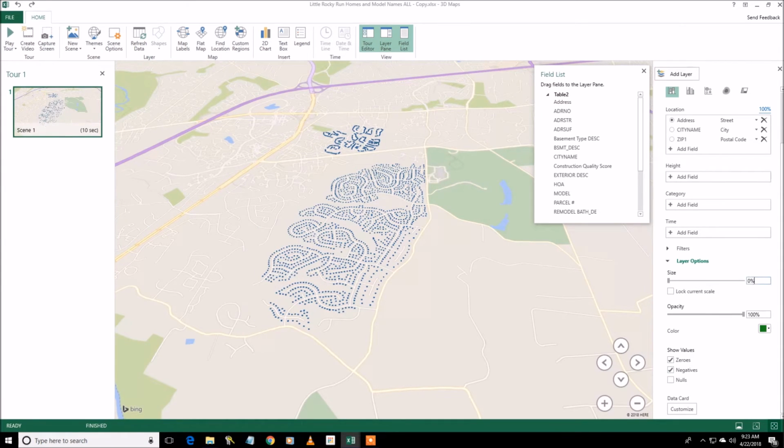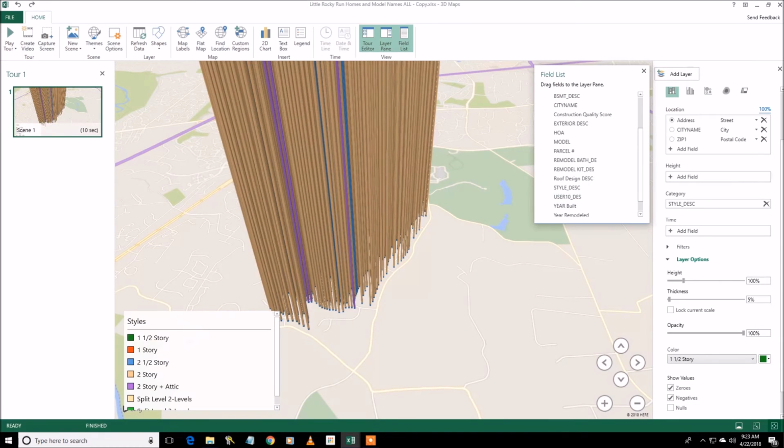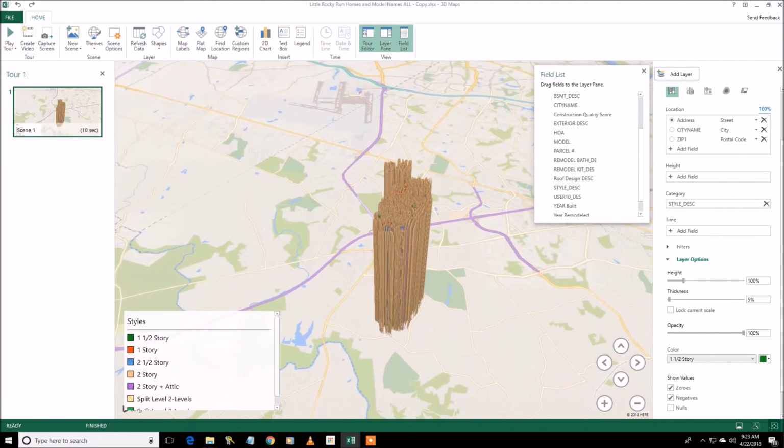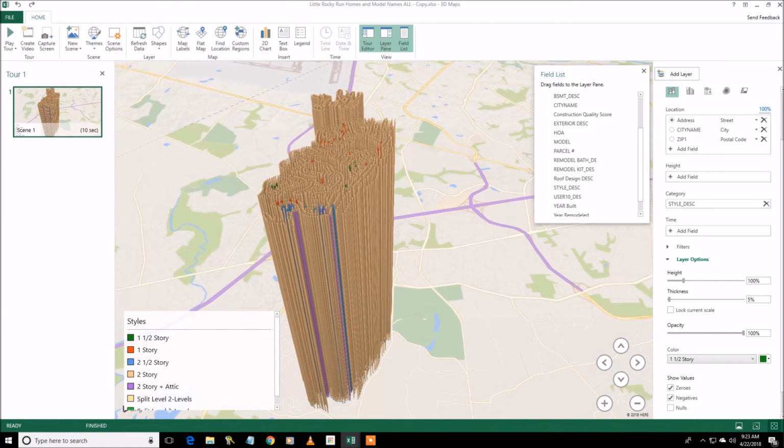I'm going to make this, I don't know, maybe my default size for now. And in styles, I'm going to go ahead and map addresses, but the thing I'd really be interested in seeing is the style description, this particular field, and I'm going to stick it in category so that I see a kind of plotting. This is an awkward way to look at it, these really tall skyscraper looking bar charts,